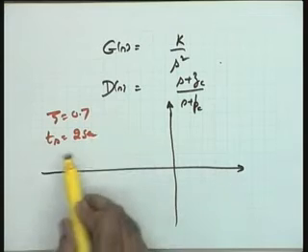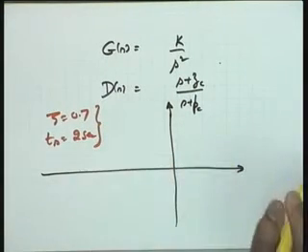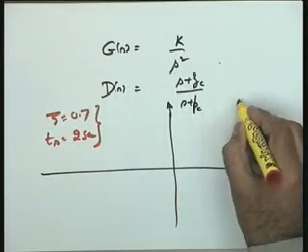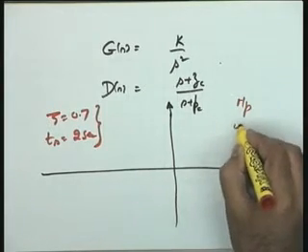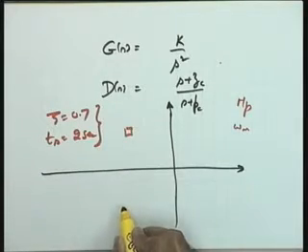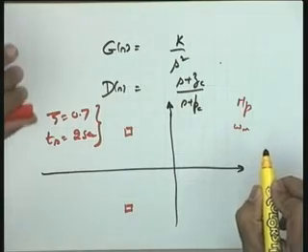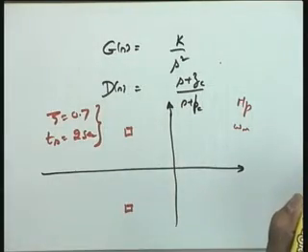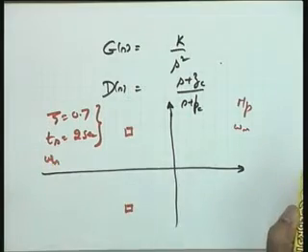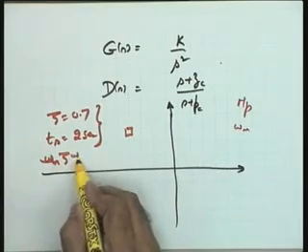Zeta is equal to 0.7, Ts is equal to 2 seconds, or in whatever form the transient performance requirements may be given to you. They may be given to you in terms of Mp and omega n, for example. The only thing is this, that I want these performance requirements to be translated into desired dominant closed loop poles. So if zeta is given, Ts is given, you can calculate omega n. Or Ts equal to 2 means, tell me what is zeta omega n equal to?